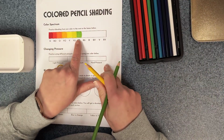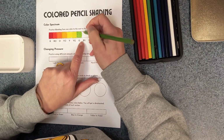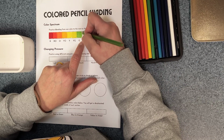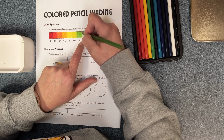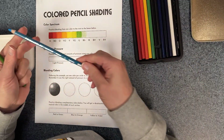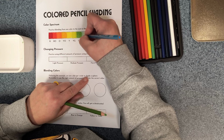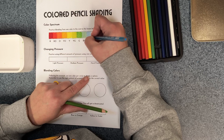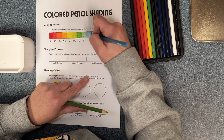Okay, so that is done. Let's move into my blue-green now. Again, I don't have blue-green, so I am going to add a very light layer of my green, and then I'm going to get my true blue, and I'm going to very lightly go over this so I have a little bit of a blue-green, and then I'm going to go all the way through to my blue. Okay, now I can go back in with my heavy pressure,